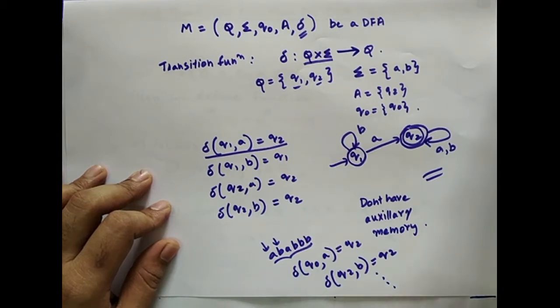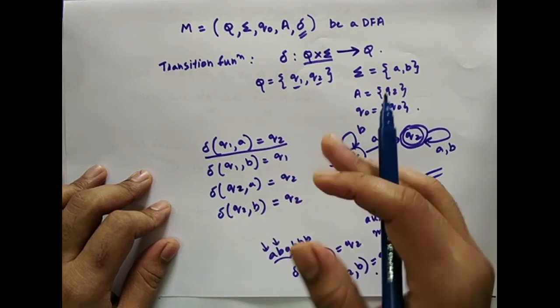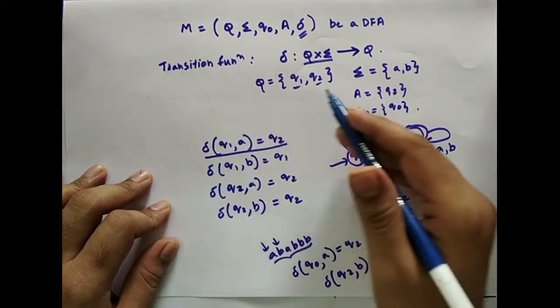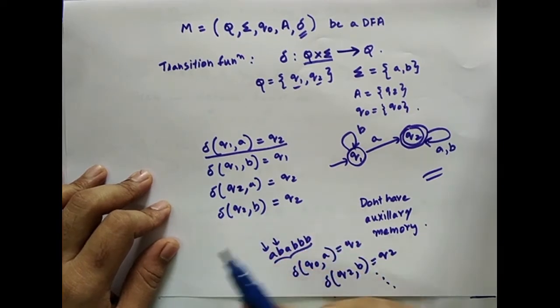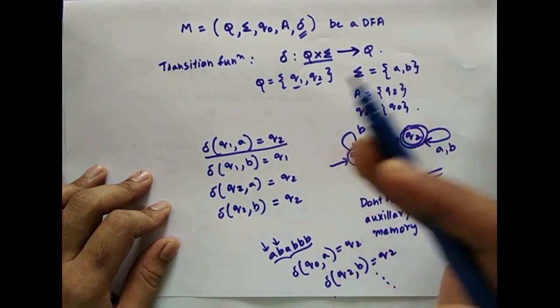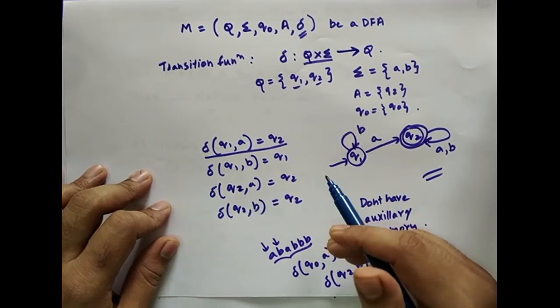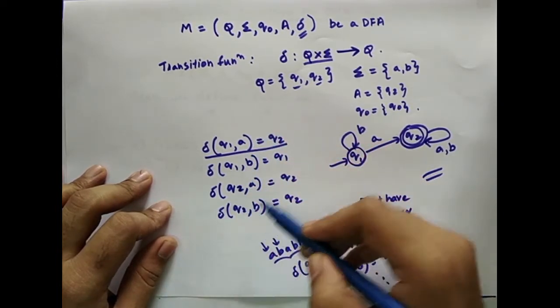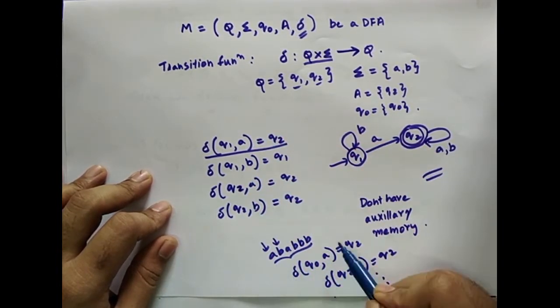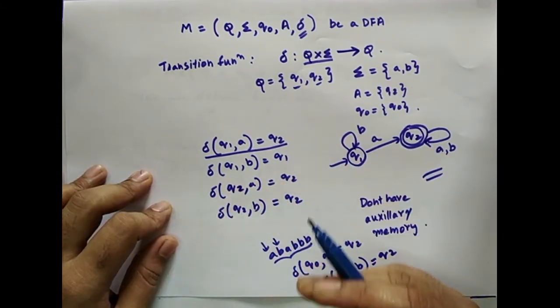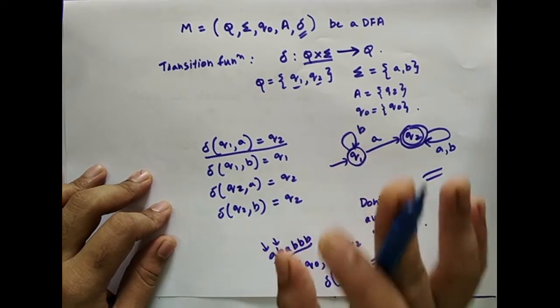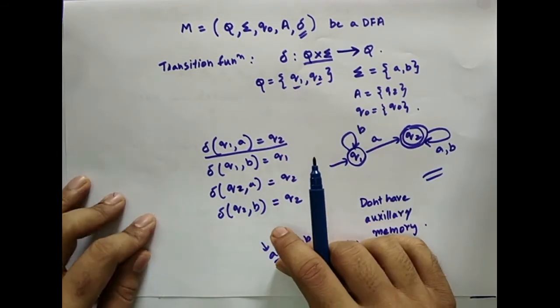It cannot read the entire string. It takes one symbol of an input string at a time and does the calculation. So if the length of the string is 7, the transition function will have to be called 7 times. Every time it will take each symbol, and it will tell you what is the next resultant state, and so on. Suppose the length here is 6, then at the end of the 6th transition you will come to know whether the string is accepted or rejected. So this is a drawback of a normal transition function.